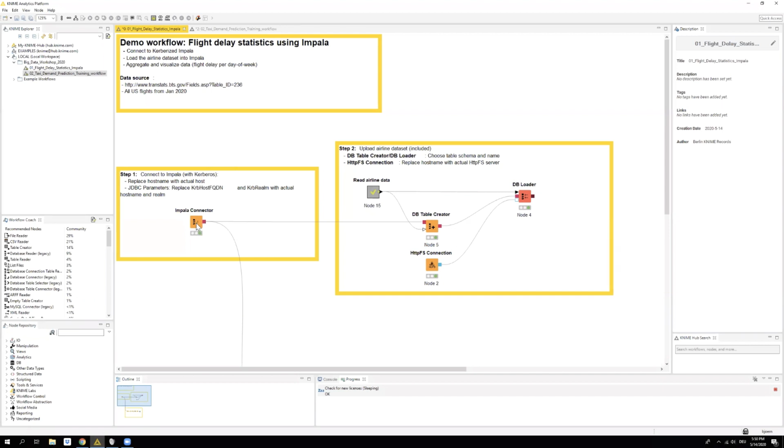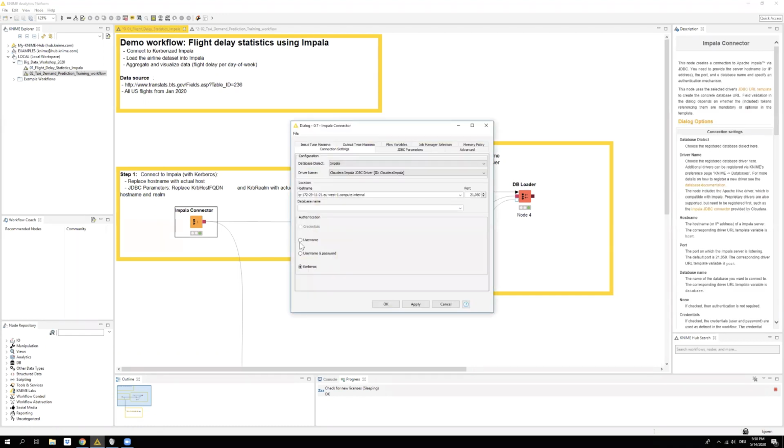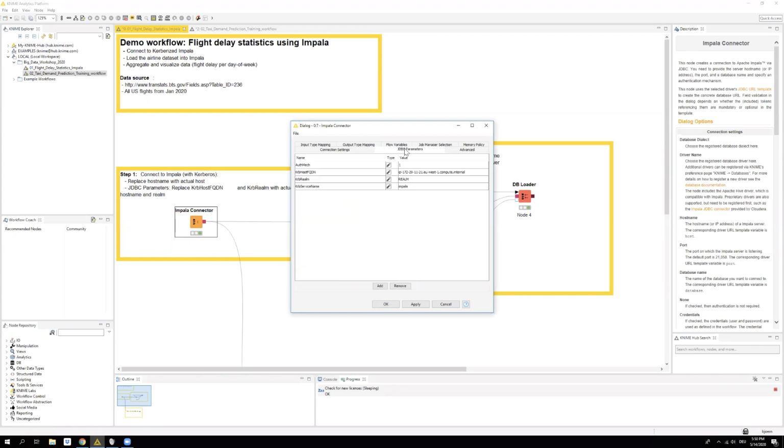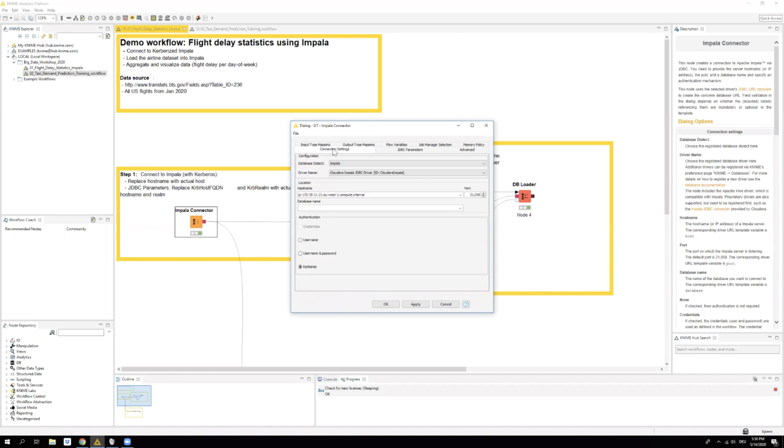This workflow connects to a Kerberized Impala instance, and the way you would do this is that you select the Kerberos authentication option, and depending on the driver, you then need to specify certain JDBC parameters. These here are specific to Cloudera's proprietary driver, which I've registered beforehand.